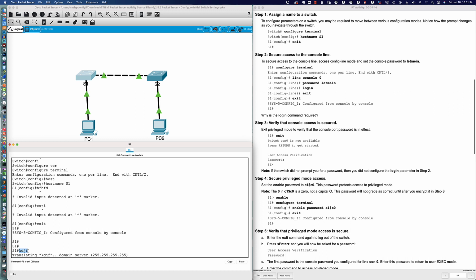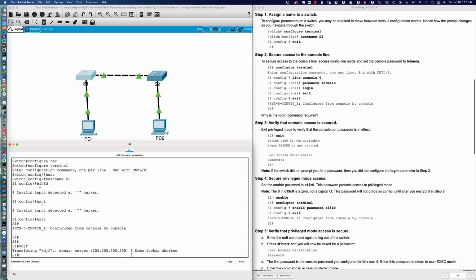So the command that I'm about to show you is going to disable the switch, and to get out of this, you would hold Control, Shift, and the number 6 would get you out of that. And you can see the name lookup aborted, because you might sit for 30 or 60 seconds waiting for this message to go away. Now, Control Shift 6 gets rid of that here in Packet Tracer, and in general works